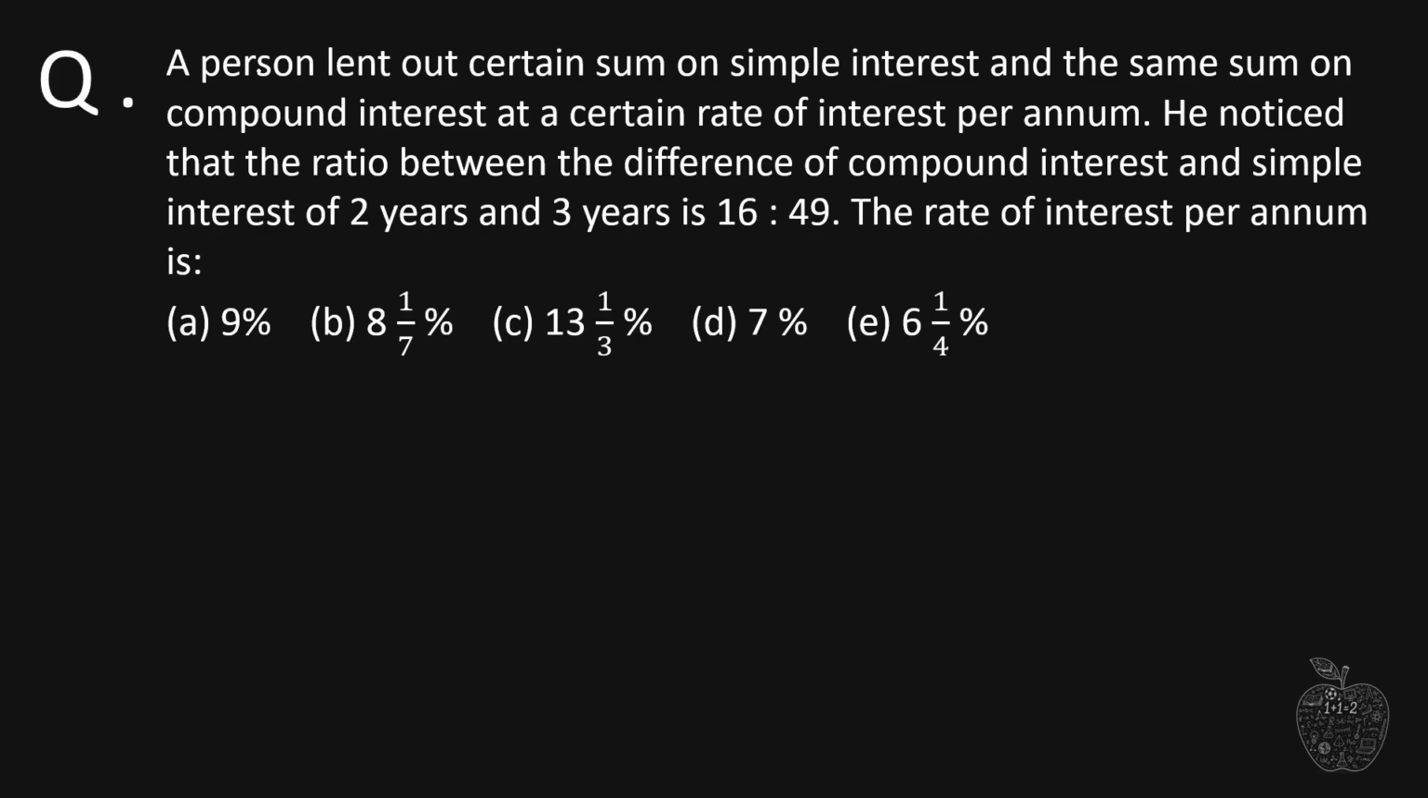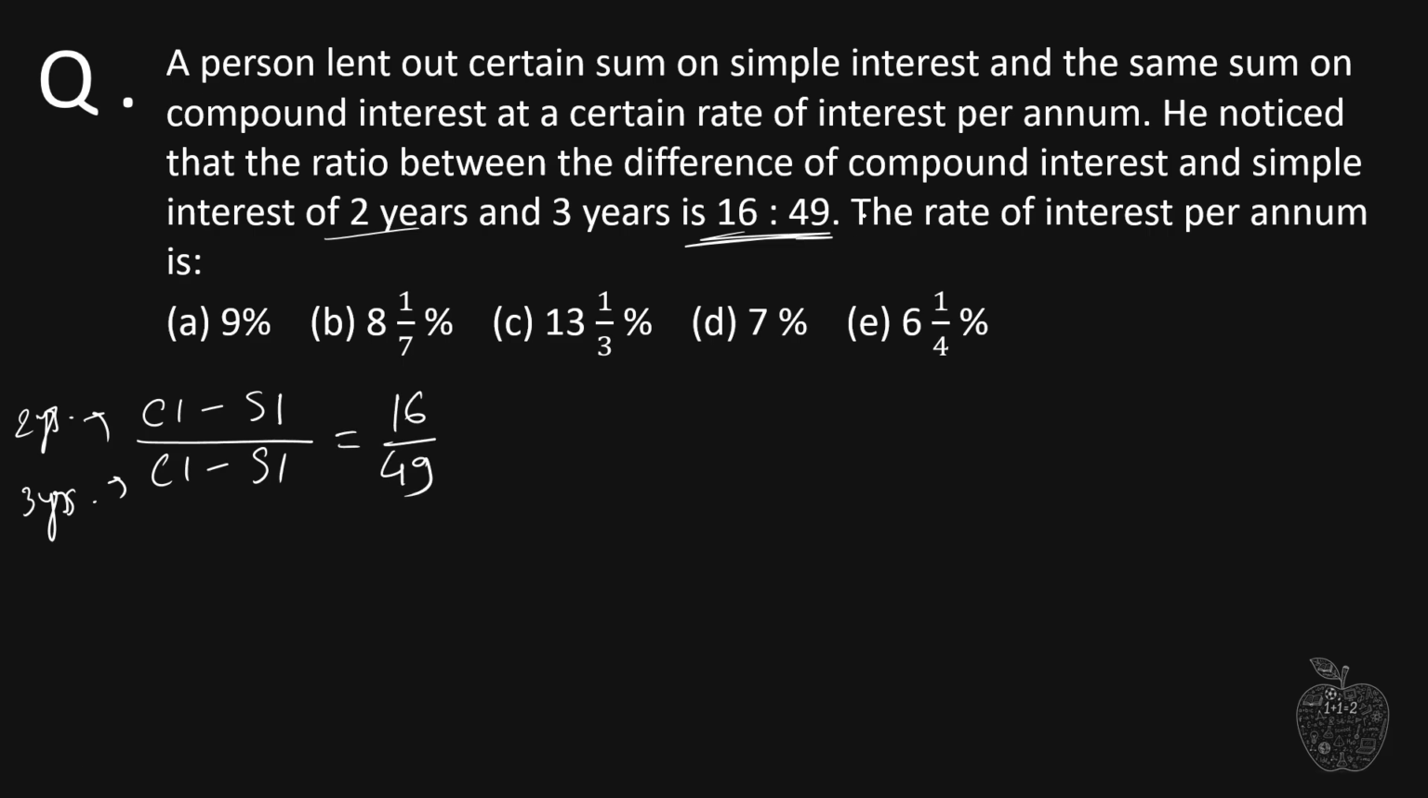Now the question is telling me that the person lent out some money at simple interest and lent the same amount of money at compound interest as well at a certain rate. That means he invested in both simple interest and compound interest at the same rate of interest. The difference between compound interest and simple interest for 2 years, and the difference between compound interest and simple interest for 3 years, is in the ratio 16:49. That means this is equal to